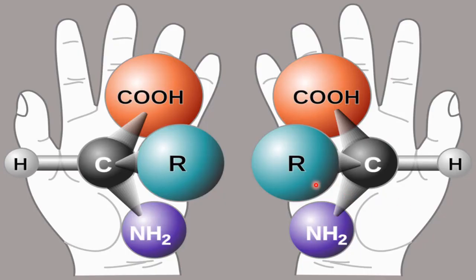Please see here. He has given the example of the hand. These two hands are asymmetric. And he has also taken an example: a carbon, with H on this side, an alkyl on this side, this is acidic, this is an amine. All 4 are different. So this carbon is a chiral carbon, stereocarbon, asymmetric carbon. This is an example of an amino acid, because organic compounds which contain both groups, acidic as well as basic, are called amino acids. So this is an example of an amino acid where all 4 groups are different. In this amino acid, this carbon is a chiral carbon.